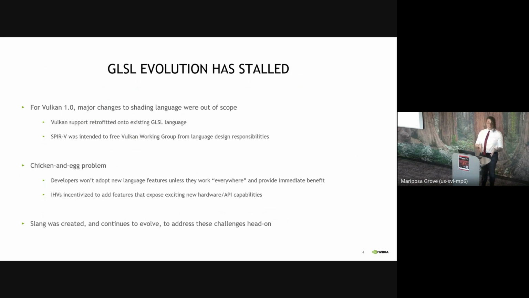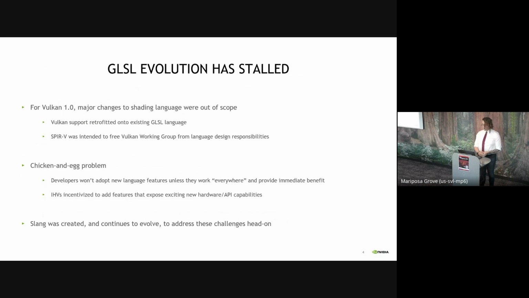But on the other side, if you look at most of the influence that IHVs bring to something like Khronos and to an API like Vulkan, most of the time we're interested in showing off some new feature we have. We want to differentiate and we want to compete. And so we're more interested in exposing what the latest GPU can do than in floating all boats and introducing quality of life features. And so that tension there is part of where the project I run called Slang started from,